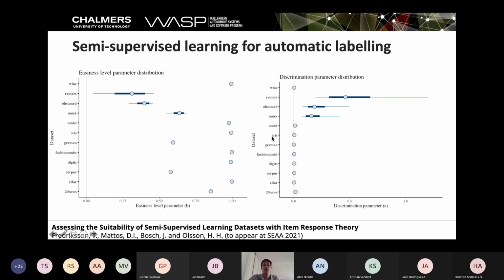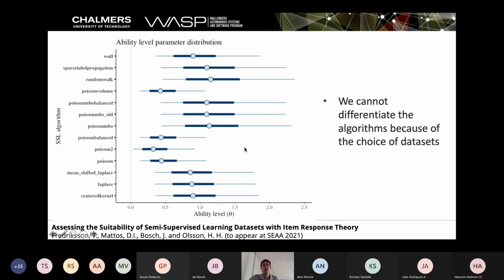And most of the items here are very easy. So since those choices of items are not very good because they are very easy and they have very low discrimination, we have a lot of overlapping intervals, like these are credible intervals, so it's the probability of the ability level. So most of the algorithms, you cannot differentiate them very well. And this means that for at least those algorithms here, it barely matters the choice of algorithm if you're applying